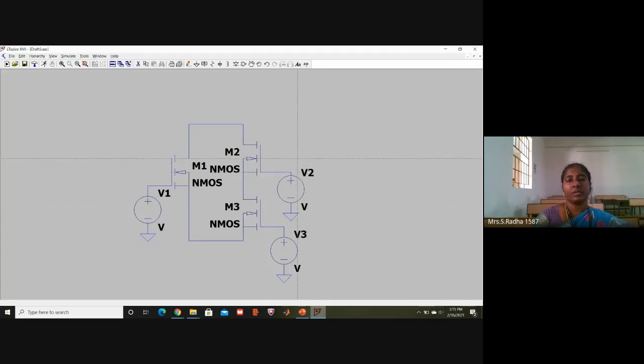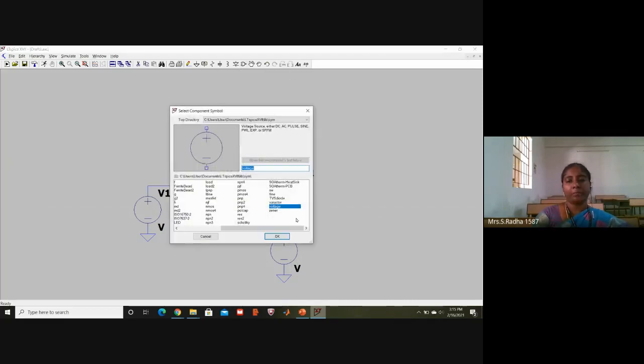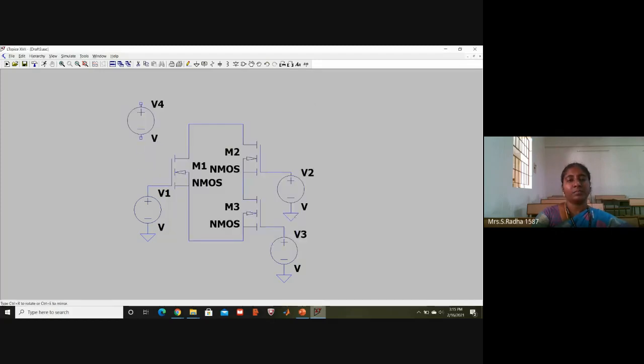Okay. Other than this, we need a VDD also. So one more voltage source I will take, which I will give here for the VDD connection. Escape. I have to connect one ground for this. And then I have to take this wiring. For VDD, we have to give 5 volts, logic 1.